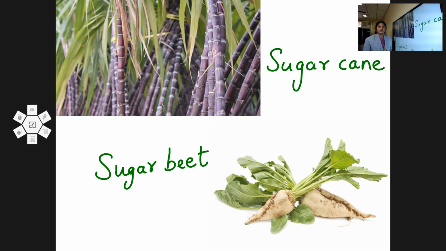Don't confuse this with beetroot. It is different from beetroot. The sugar beet and beetroot are different, but they belong to the same family. From sugar beet we can produce sugar. When you hear the name, you might think this is the same as beetroot, but it is different. This is not beetroot, it is a different plant. But beetroot and sugar beet are from the same family. Now tell me the two plants from where you get sugar. First one sugar cane, second one sugar beet. Clear? Okay.